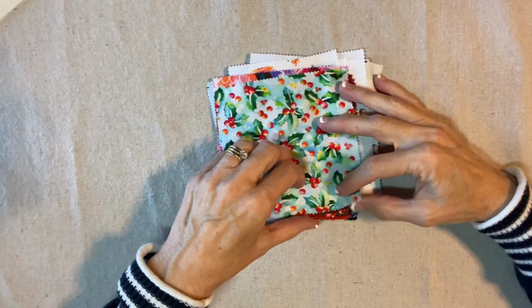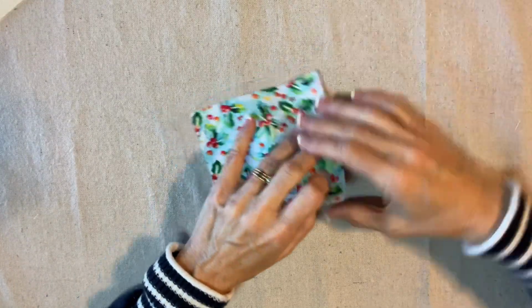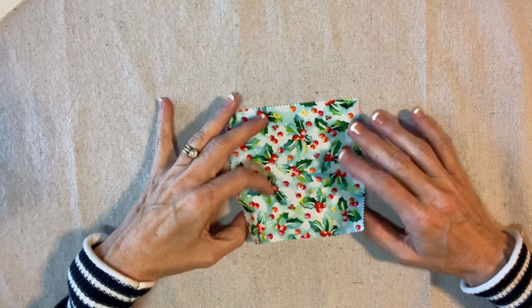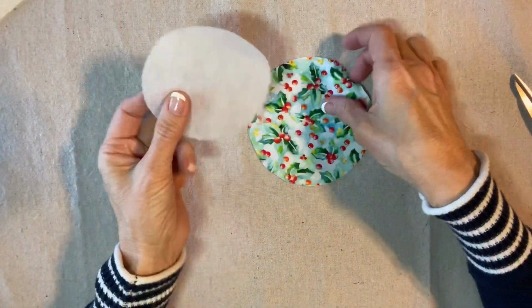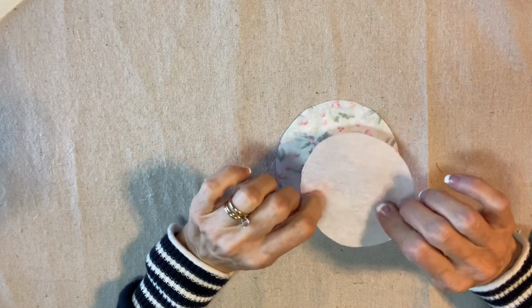This design features a charm square. A charm square is a 5-inch square of fabric. I've chosen this holly print. It's a lot of fun, has a lot of colors, kind of light in the background. So I'm going to trace a CD and cut it out. There's my circle, and I also have a 4-inch circle of kind of a medium weight